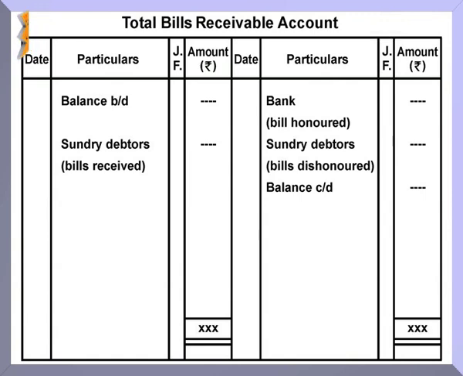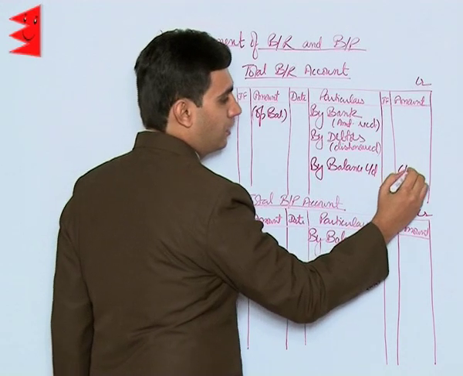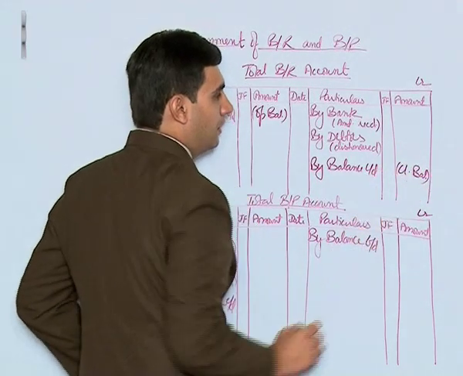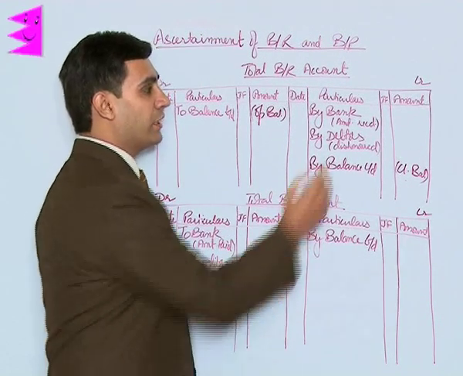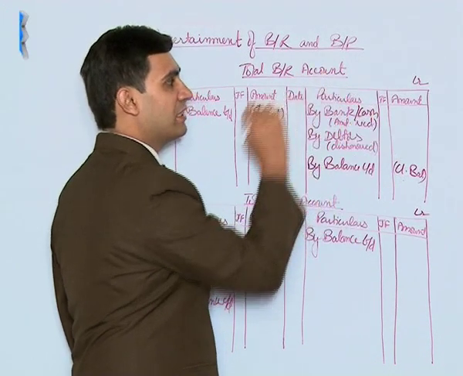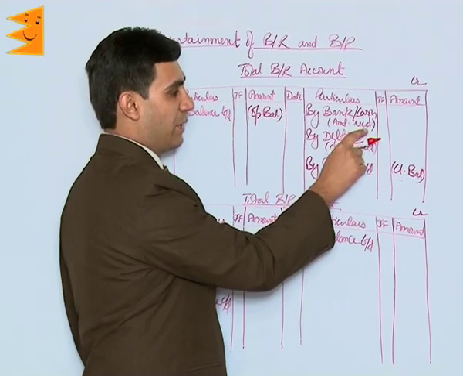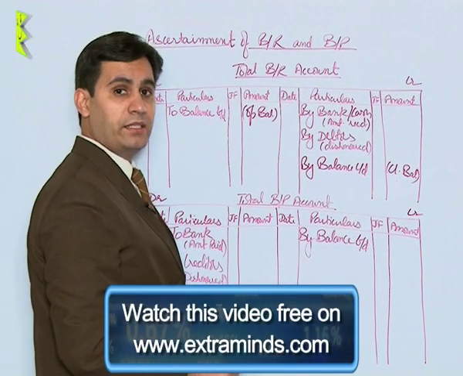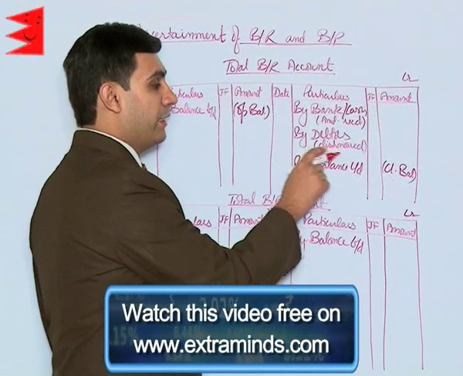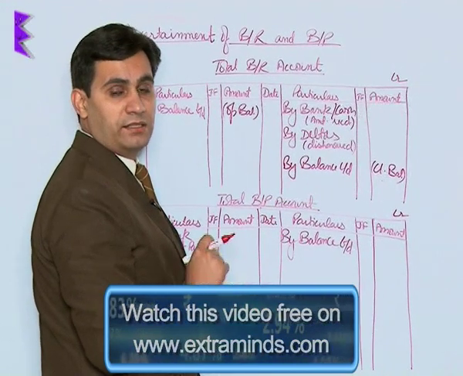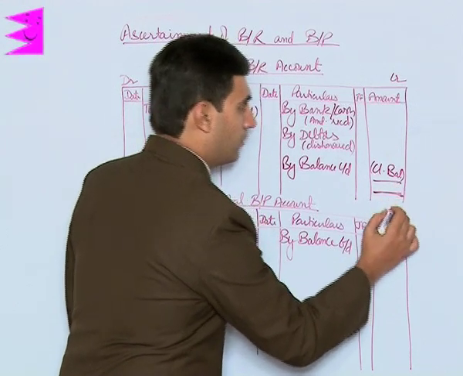Balance brought down here represents opening balance, and balance carried down here represents closing balance. Then amount received on account of bills receivable would be recorded as bank or cash to bills receivable. So on the credit side, either by bank or by cash, that is the amount received during the year. And in case any bill has been dishonored during the year, then by debtors, because the liability of the debtor stands restored now. Once we have made these entries, we will balance it out from the total of the credit